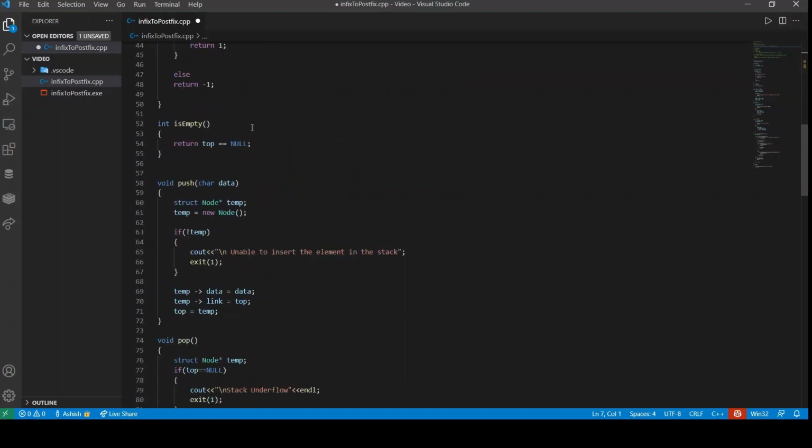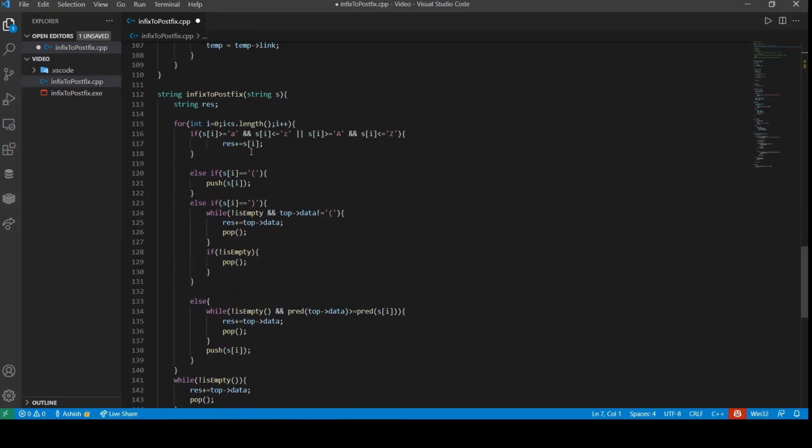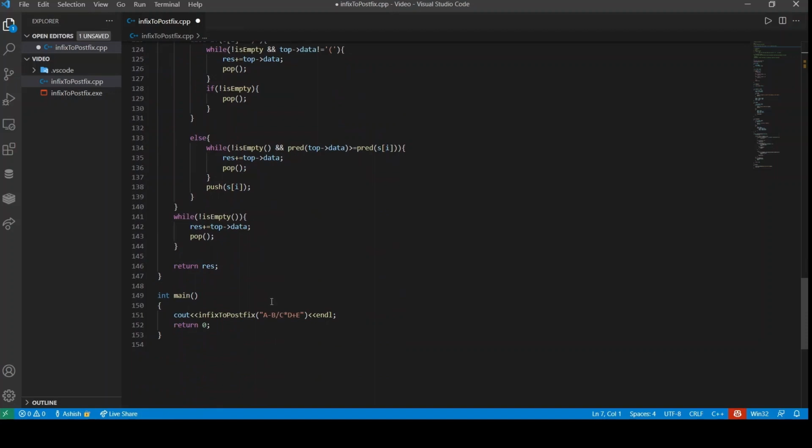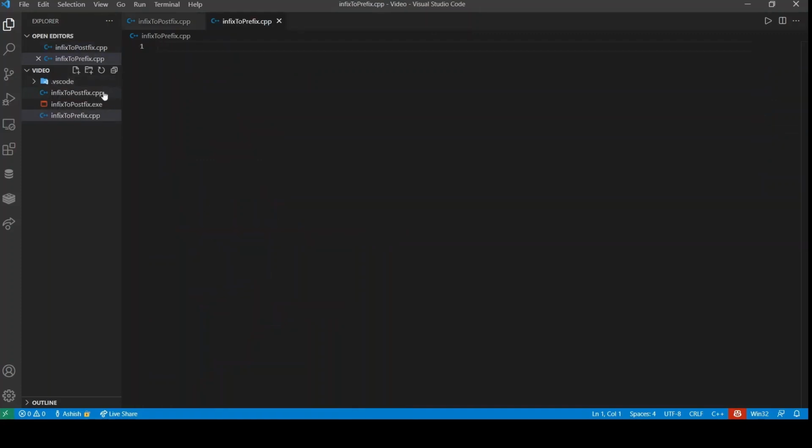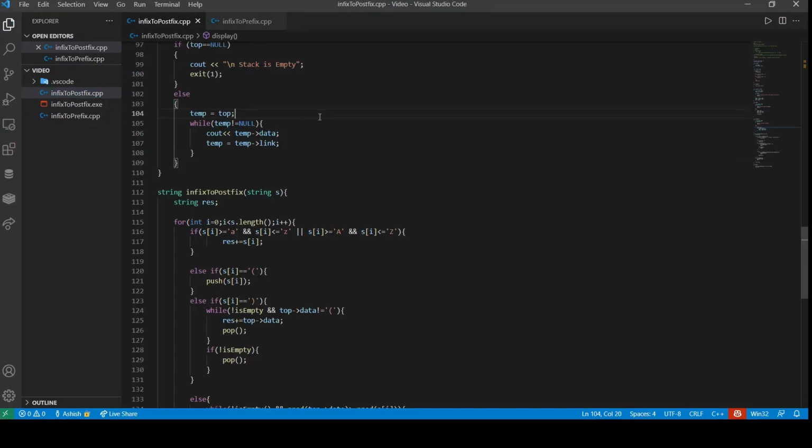So first things first, as you can see, we are passing this whole string into the function. So what we could do is simply make another file, infix to prefix, right? And then we'll copy this whole code.